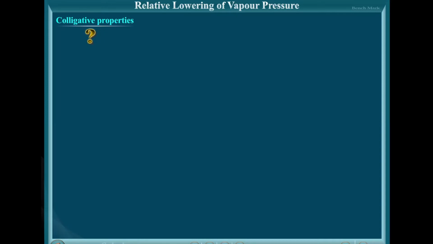Remember, it is a dilute solution of non-volatile solutes, that is, a non-volatile solute is present in it, whose values depend upon the concentration of the solute particles in the solution, but do not depend upon the individual identity of the solute. Once again repeating it, colligative properties may be defined as the properties of dilute solutions of non-volatile solutes whose value depends upon the concentration of the solute particles in solution, but does not depend on the individual identity of the solute.